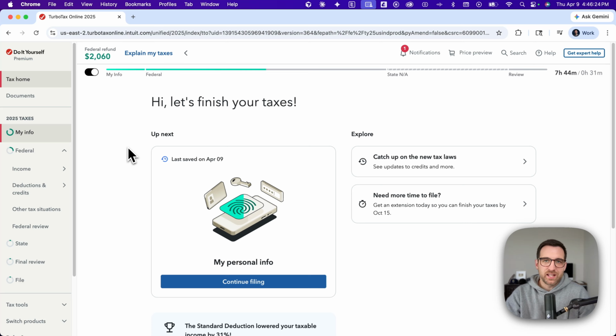Here's how to change your filing status on TurboTax. Your filing status is dictated by the info that you give TurboTax, whether you're single, married, filing jointly, or separately, etc. That's going to be in the My Info section. So we've got to go there and revisit that, or visit it for the first time if you're just filling